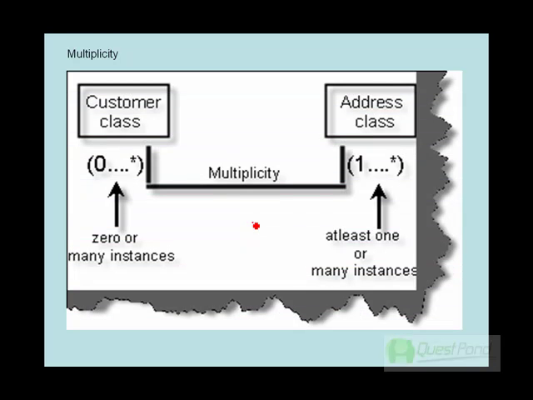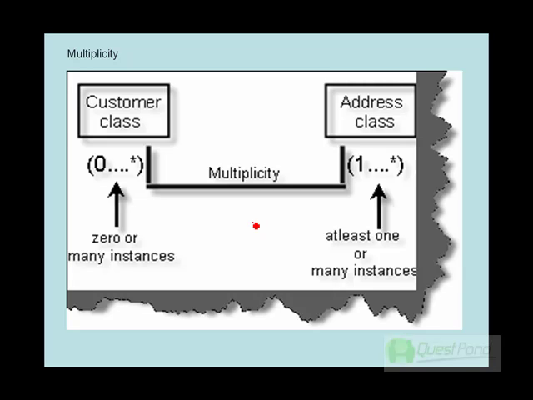Okay, now that we have understood that a class cannot represent a whole system, but the interaction between these classes can represent a system, it's time to understand how these relationships are further classified. Here's a simple relationship which I am showing. I have a customer class, and the customer class can have an address class to show the addresses. In real life it's very much possible that one customer